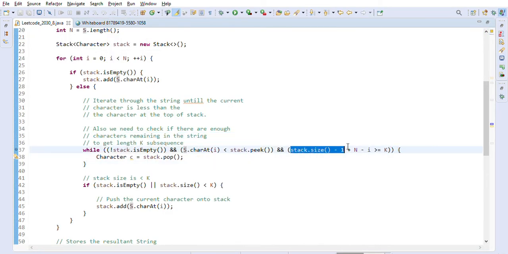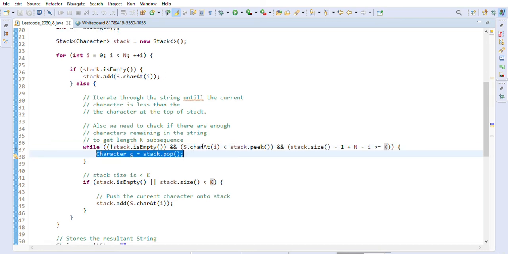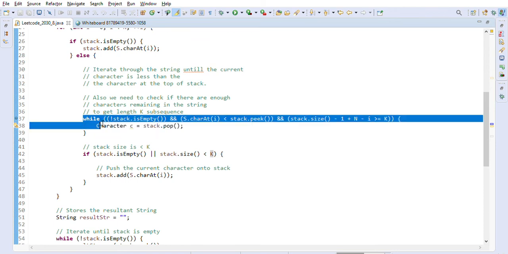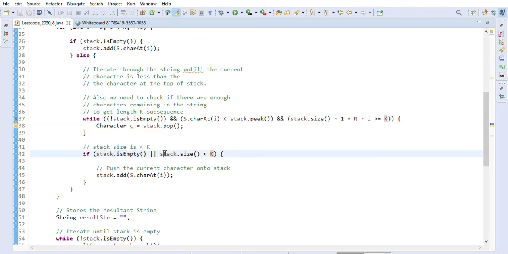stack.size() - 1 + n - i, where i is the current position of the character in the string. It should be greater than or equal to k. Only then does it make sense to pop the character from the stack. After this is done, we check if the stack is empty or stack.size() is less than k.